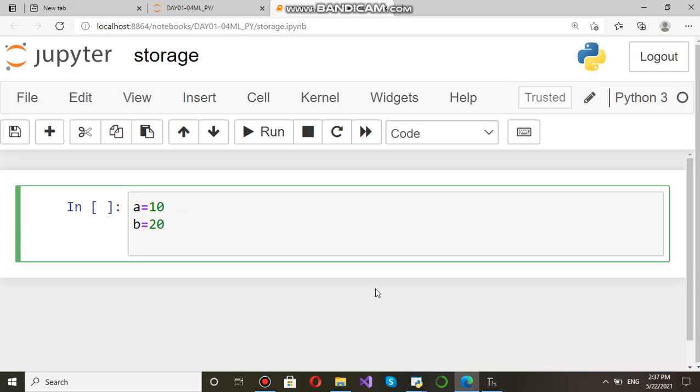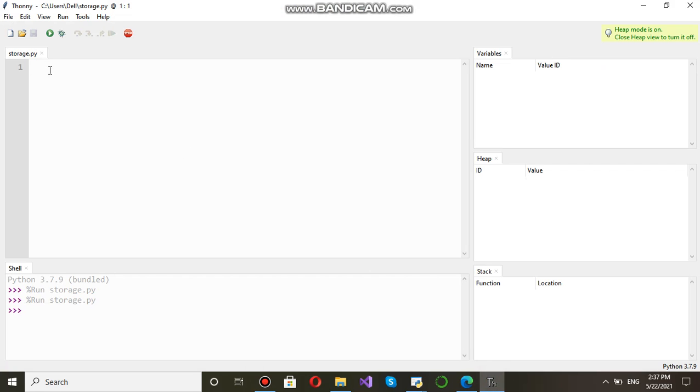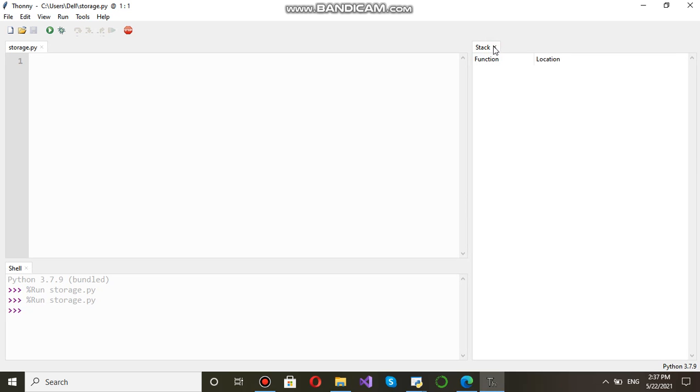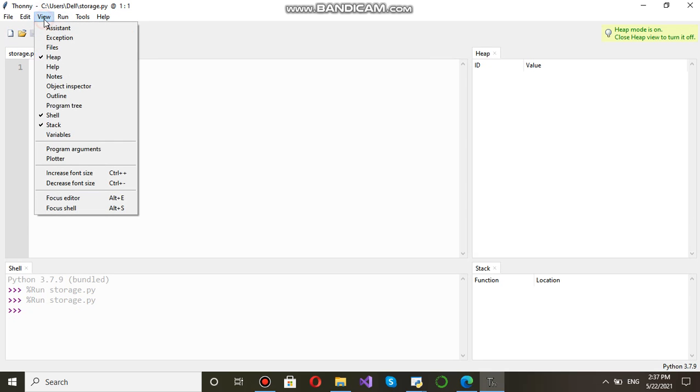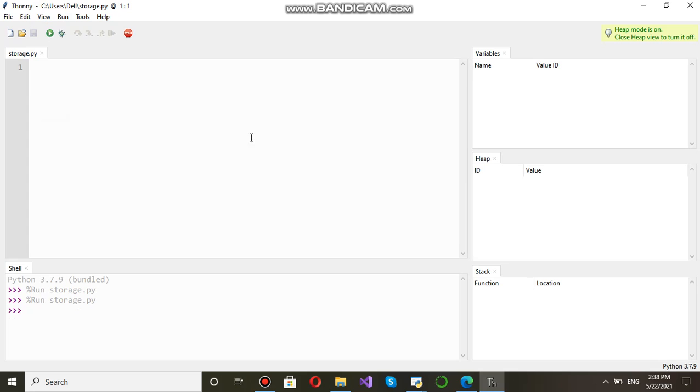Okay. For example, to understand this storage concept in Python, just open Thonny editor. You can download it. Here suppose I am going to delete this. Okay, first how it looks, it will look like that. Then go to the view and then select stack, then go in view, select heap, go in view, select variable, right?